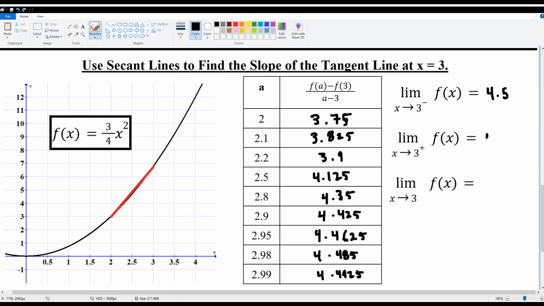This means that we can also say the limit as we approach the slopes from the right is 4.5, and since the limits from the left and the right agree, our true limit is also 4.5, making this the slope of the tangent line. We can talk more about exactly what this means in the next lesson because it's sort of a lot to absorb,